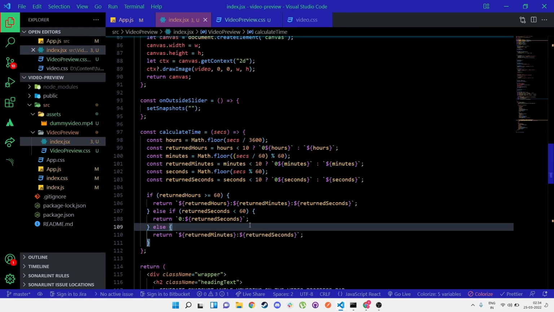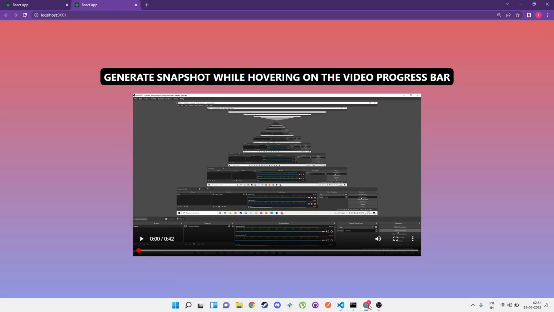So now I'm just gonna save all this, and I'm going to go to the browser, and copy this whole thing. Now if we hover, we should be able to see the proper timings. Let's see. All right, so when I hover now, you can see that I'm getting the seconds directly. I'm not getting it anymore in that decimal format. I get the exact second in the proper formatted way, just like how it's mentioned over here. So all right, we are mostly done, 95% with the entire build if you compare it with the original build,